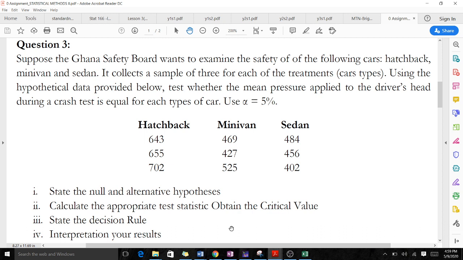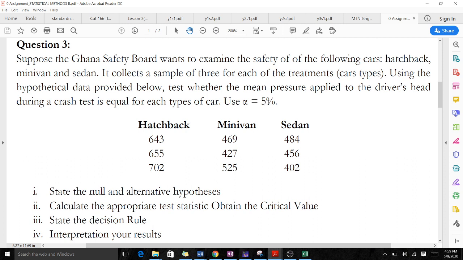So the question here says, suppose the Ghana Safety Board wants to examine the safety of the following cars. We have hatchback, minivan, and sedan. It collects a sample of 3 for each of the treatments, that's the car types. Using the hypothetical data provided below, we are to test whether the mean pressure applied to the driver's head during a crash test is equal for each type of car, and we are to use a significance level of 5%